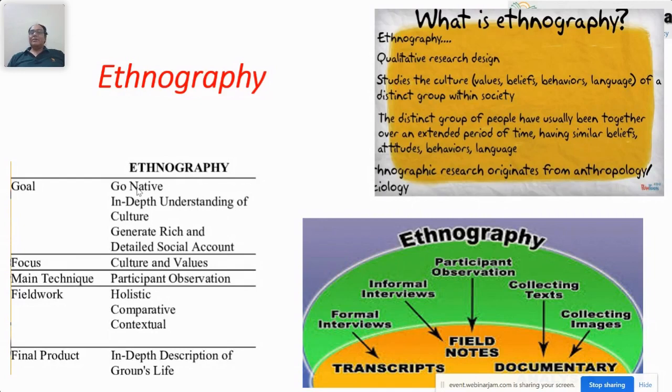Similarly, we have a different culture among the Punjabis, and a different culture of the Rajputs. So if you want to explain the culture of the people, in Mumbai the culture is entirely different, and in Delhi the culture is entirely different. If you want to write a paper on culture, from the perspective of business or any other benefit, that is known as ethnography.